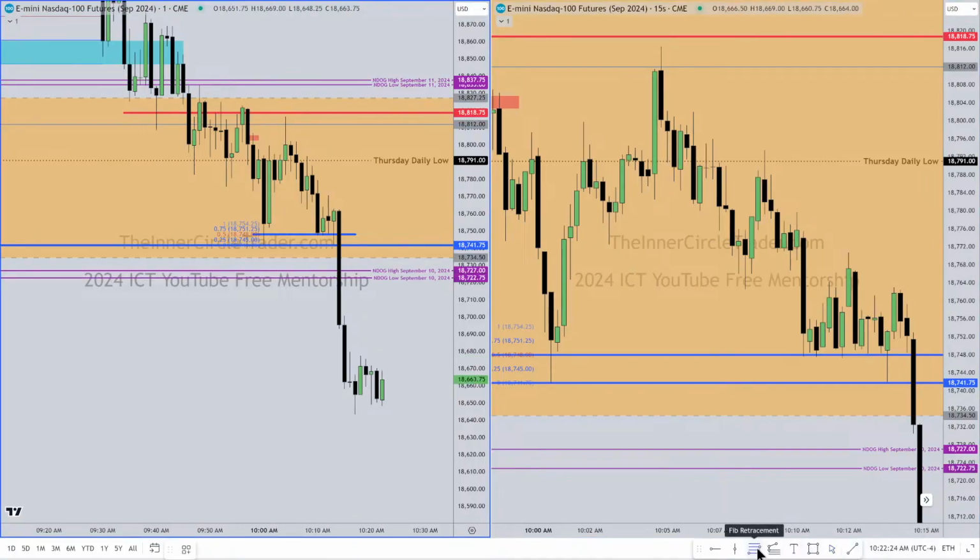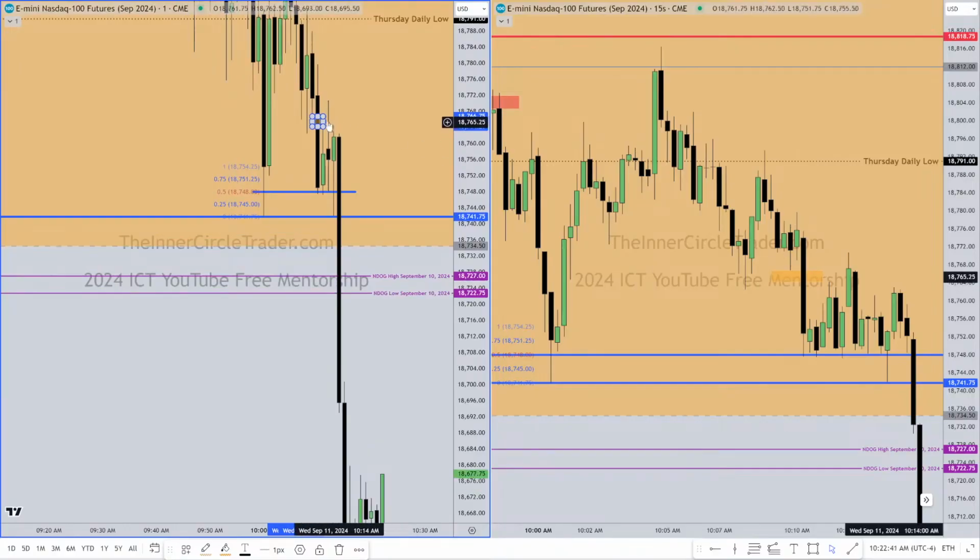Bro says there's no algorithm. There's no algorithm, bro. If you look at this little, oh, I grabbed the fib that one. I need the rectangle thing here. Okay. So that's a small little gap right there, and I'm going to highlight it